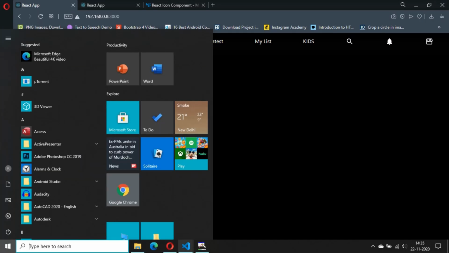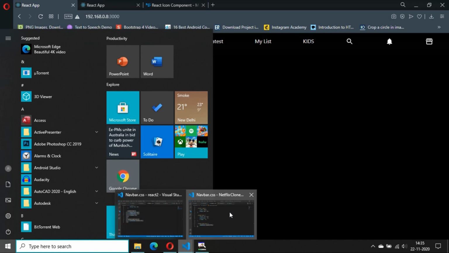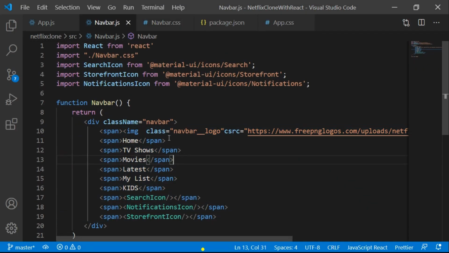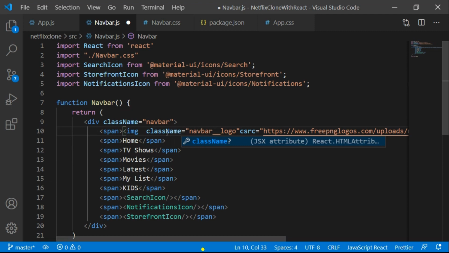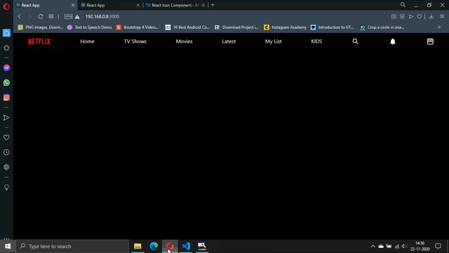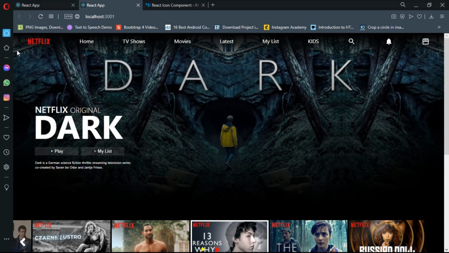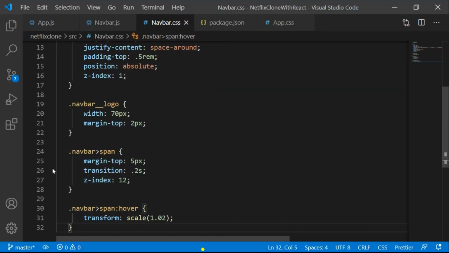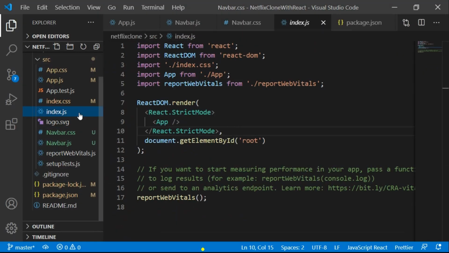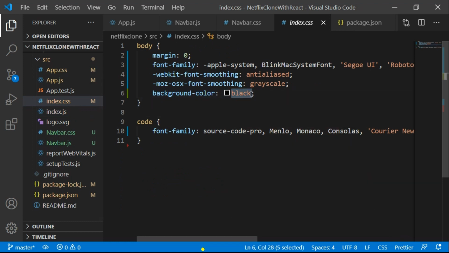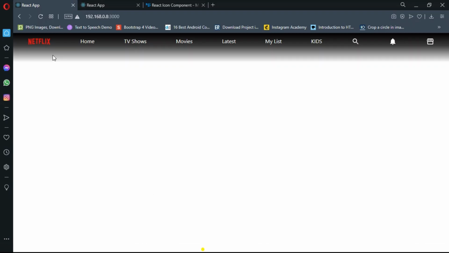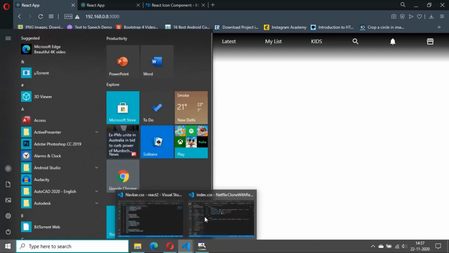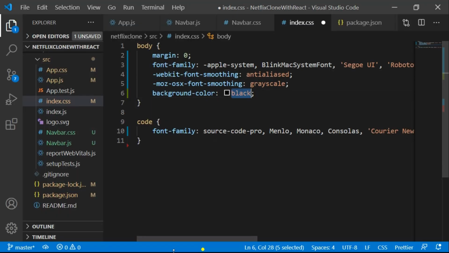I think we got some error here. Let's go to Visual Studio Code and okay, we haven't added this className here. Make it className. Okay, so let's refresh now. Okay, we got this already, and let's go to the first tab. We got this Netflix logo here, which is looking absolutely aesthetic, and we got this index.css here. I will try to make this background color white, which I already added here as black. So you can see what we got, this neighbor effect here, which is linear gradient, that is 1 at the top and 0.77 at the bottom of the neighbor, and height is 50 pixels.